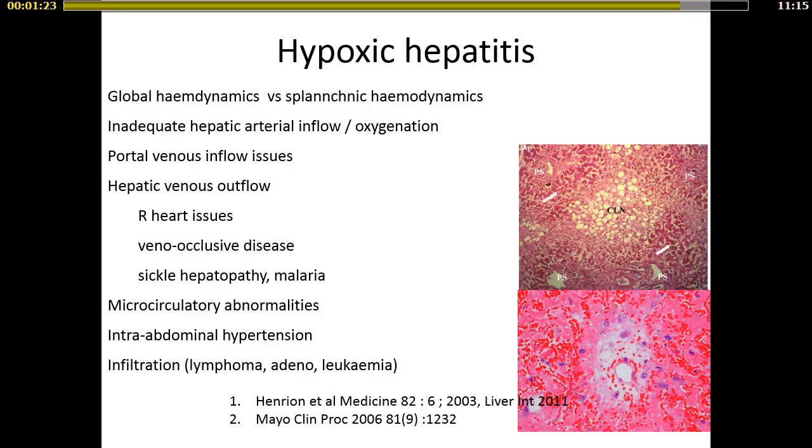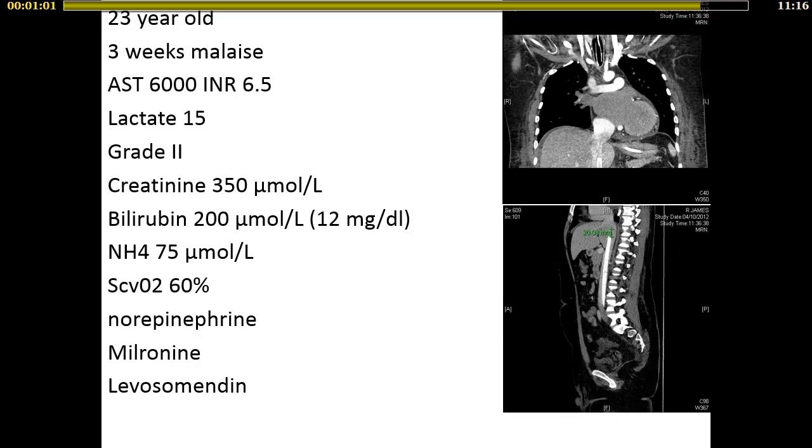Hypoxic hepatitis, as I said, a growing disease, usually seen in people with congested right hearts who then get a sudden failure of left heart flow, be it an arrhythmia, be it a drop in cardiac output for another reason. And again, you see this very high transaminitis. Worth thinking about, always supportive, doesn't need transplantation normally. Again, an interesting picture onto my last slide after this.